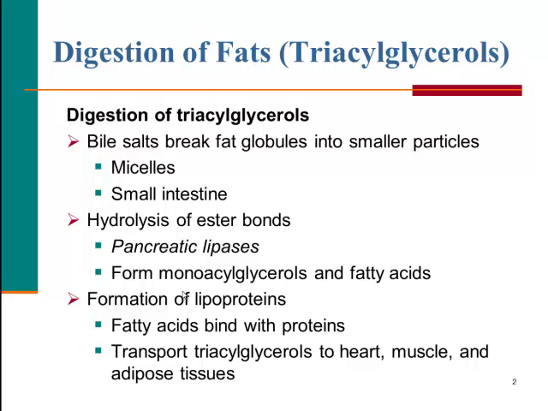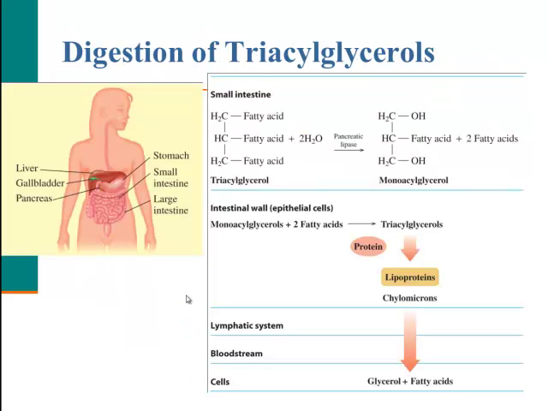And then those monoacylglycerols and fatty acids can be absorbed by the epithelial cells of the small intestine. So we'll talk a little bit about this through the diagram that you see here. So the small intestine is where we begin to break down the lipids that we eat. So the triacylglycerols are, again, going to be a glycerol backbone and then an ester linkage where fatty acids